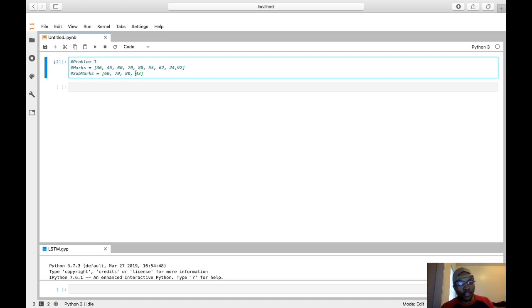array. So to do this, we can start with 60, the index 0, and check if it exists in the main array. So you see at index 0 in the main array, we have 30, it's not 60. 1, 2. At index 2, we have 60, which matches index 0 in the subarray. 70, we have that. 80, we have that. 43, we don't have it. We have it as 55. So here, if it's 55, that means your function would return false. But then if we have our subarray as 55 here, it would return true, right? So let's just keep it this way as a true, then we'll change it later and see if it will